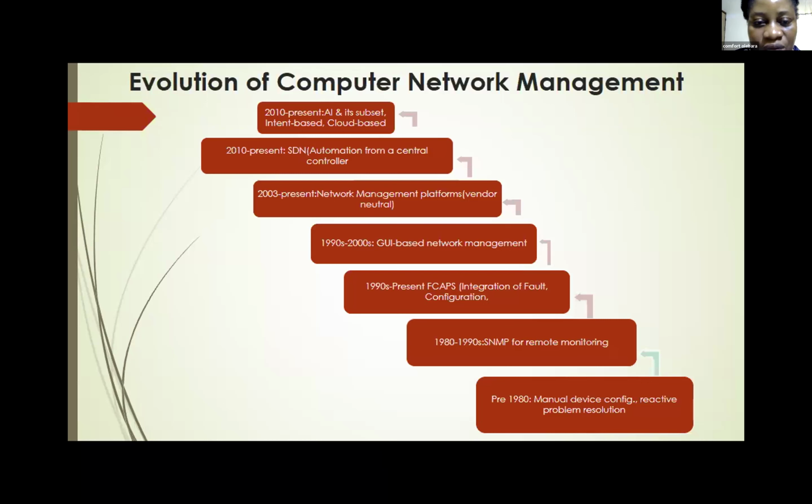So I'm not going to dwell much on this because a lot has been said and all in the right order. So 2010 ushered in SDN, and it's still in use. But we have actually kind of gone beyond the regular SDN. SDN architecture is still in use, but now we are talking AI, we are talking subsets of AI, we are talking cloud-based